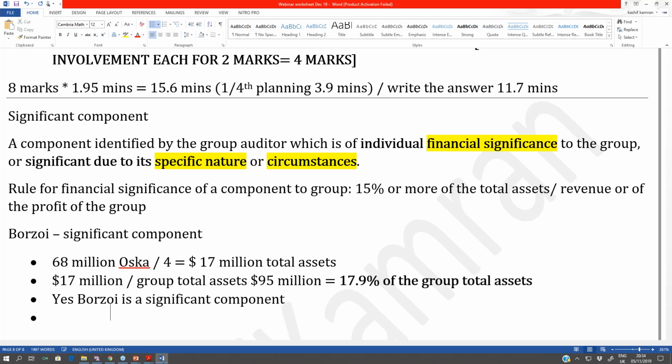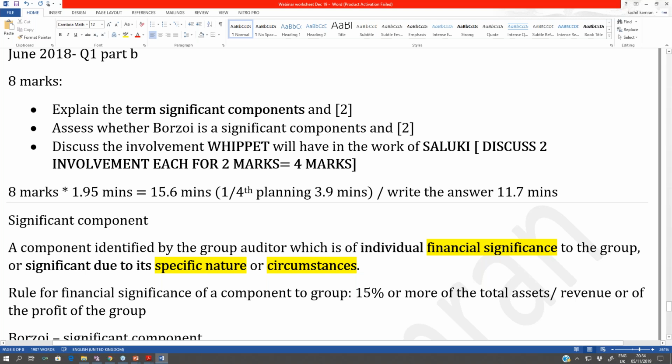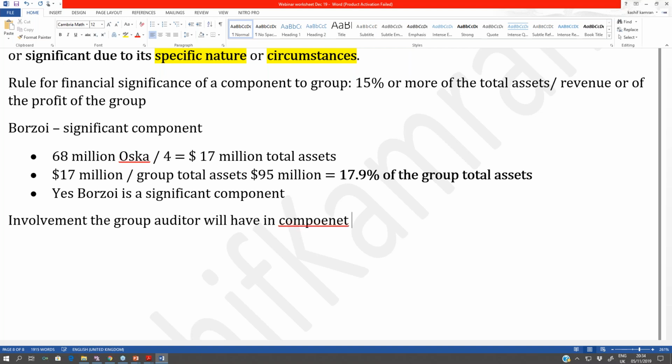The last question of the examiner: discuss the involvement the group auditor, Whippet, will have with the component auditor, Saluki. Discuss the involvement the group auditor will have in the component auditor, and we have 4 marks for this. So 2 involvements. The first involvement the group auditor has with the component auditor is that the group auditor